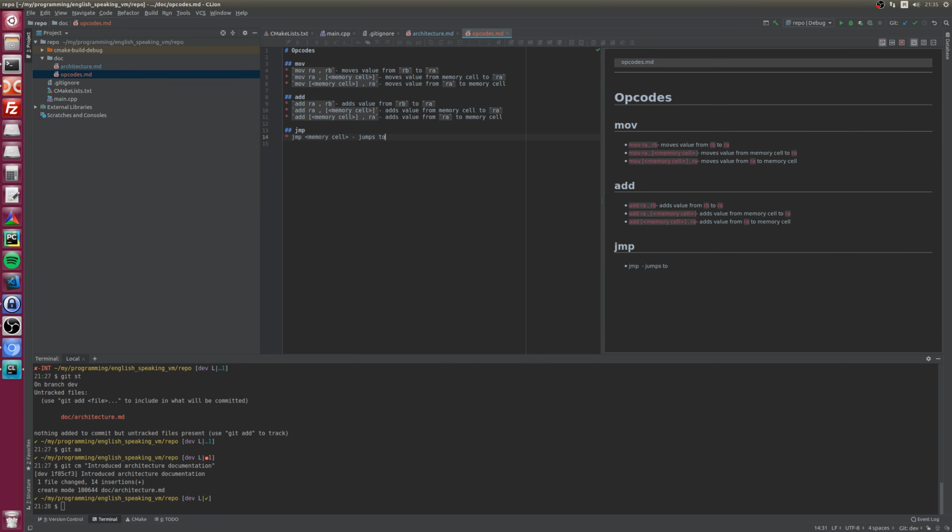Let's assume that. So it moves the instruction pointer, moves yes to RIP. Okay, jump.